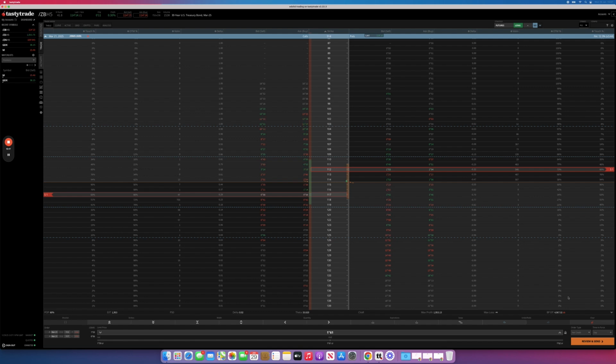And as long as you're on point, there's no reason why you can't just keep managing your deltas, keep making adjustments, keep rolling your contracts, sell more time, and just eventually work any losing position back into a break even or a profit, and you could just keep rolling indefinitely. So this is a very, very powerful thing,